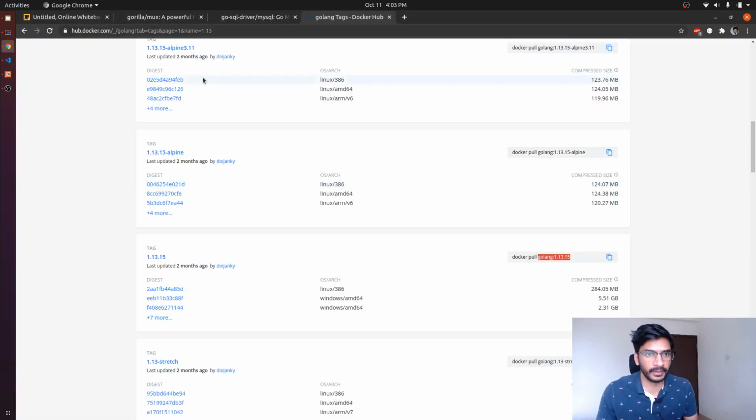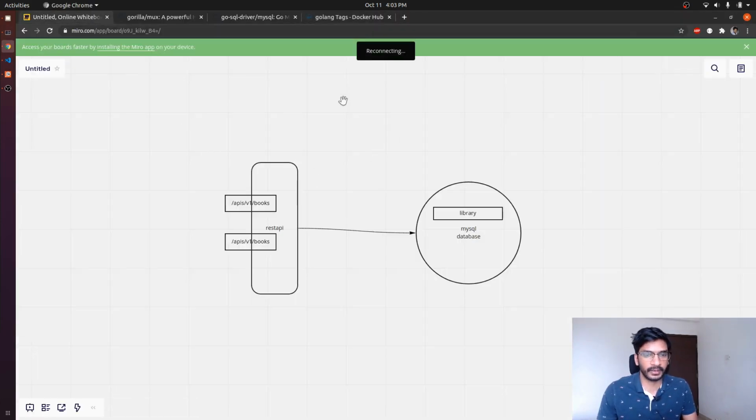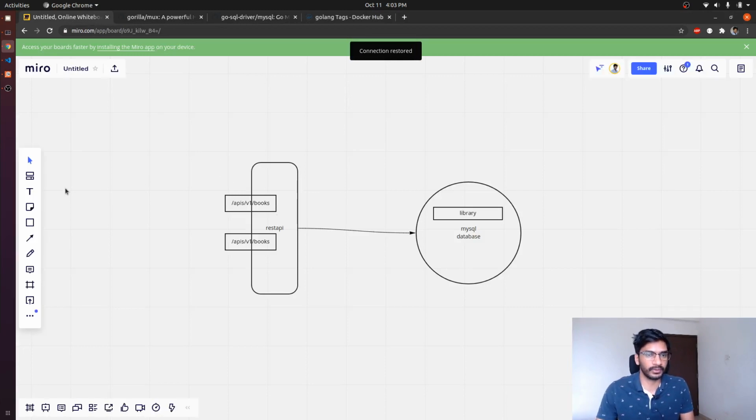While the image is being built, let me explain this image that we are building and how it is going to work.